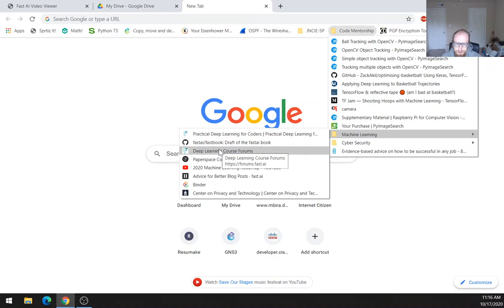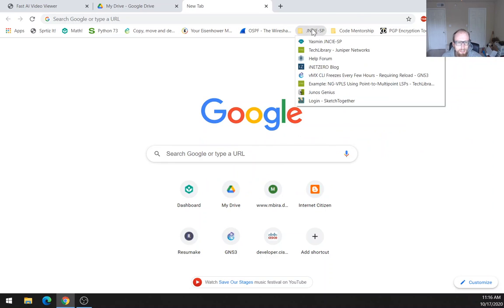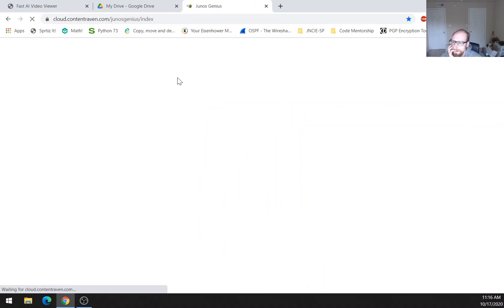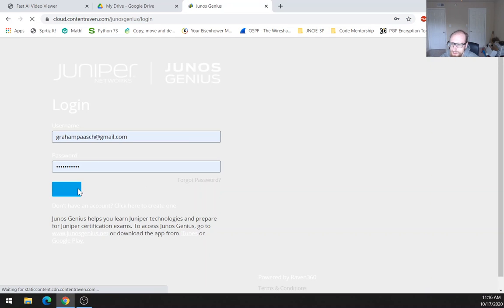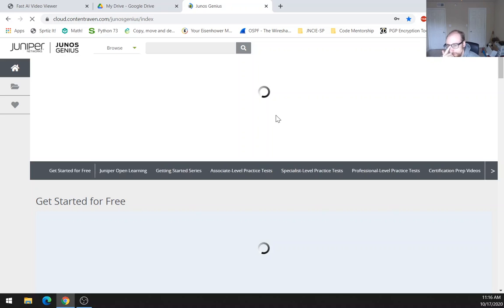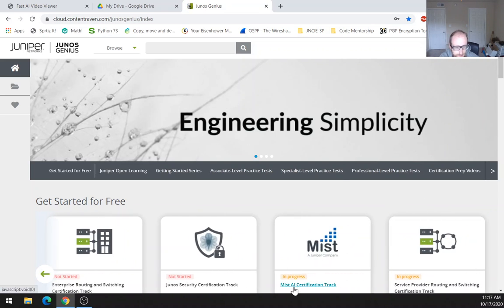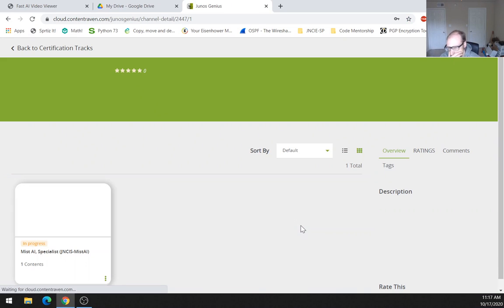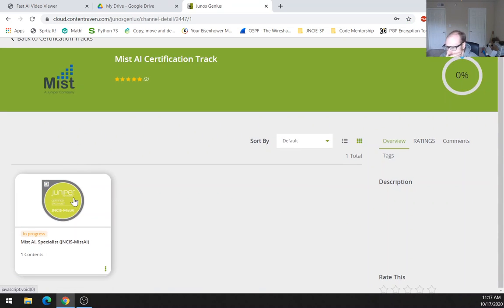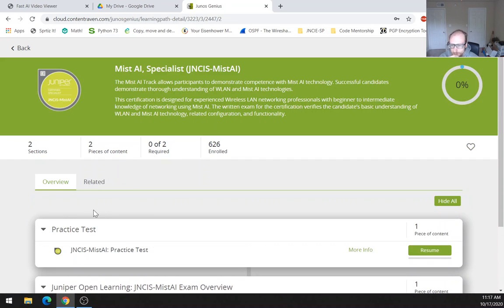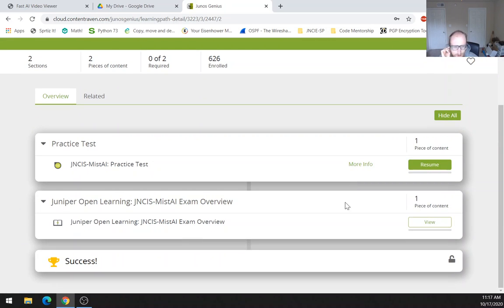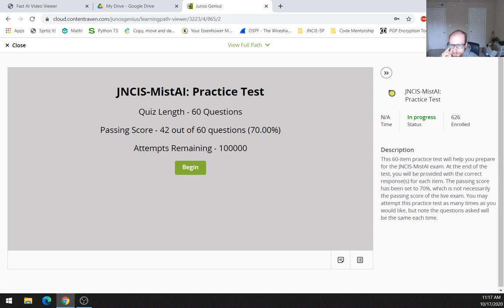So let's see here. If I go to the JNCIE-SP folder, which is what I'm working towards right now, and then I log in, we can see that there's actually an AI track here, this Mist AI certification track. So I can get a free voucher and I can get this certification for free. So if there's any overlapping content on this, that's going to be